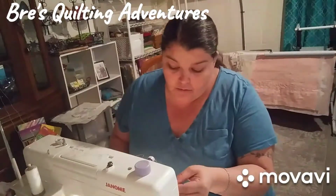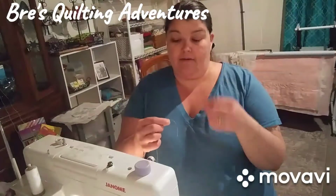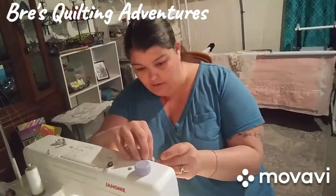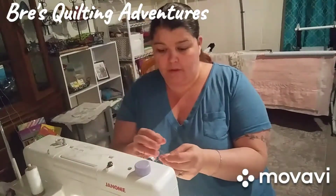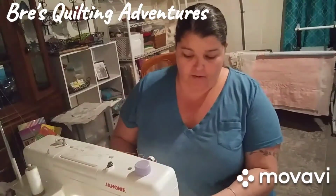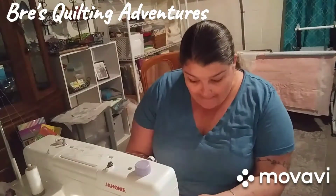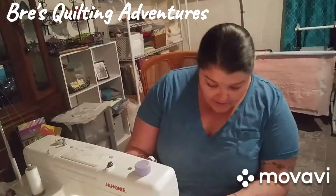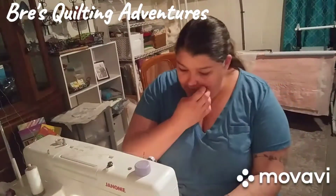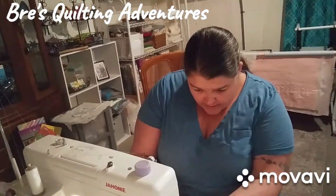Down there, through there. Ooh, this is interesting. It doesn't have a hook like my other one. I actually have to thread it through the thing. Oh, but it's easy. Okay, good. Back through there. Okay, this is as far as I got in the video, so we'll see. I know there's an automatic threader, but I don't have any idea how to use this one. So we have, there, so we got